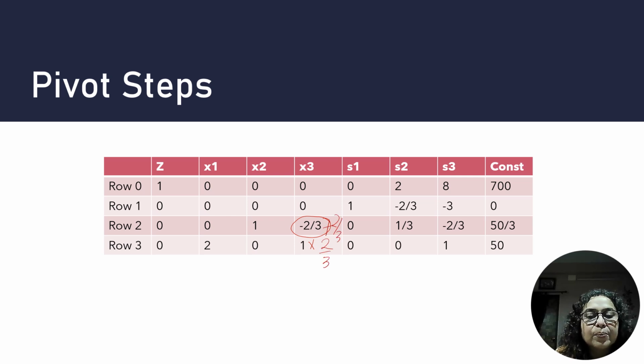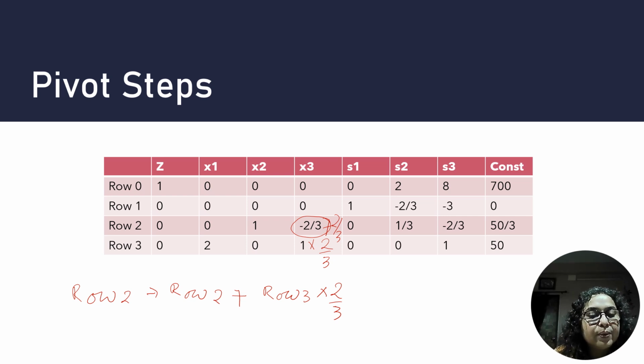So we get 0. What is the conversion? Conversion is new row 2, which is the old row 2, the existing rather. We add with that row 3 into,